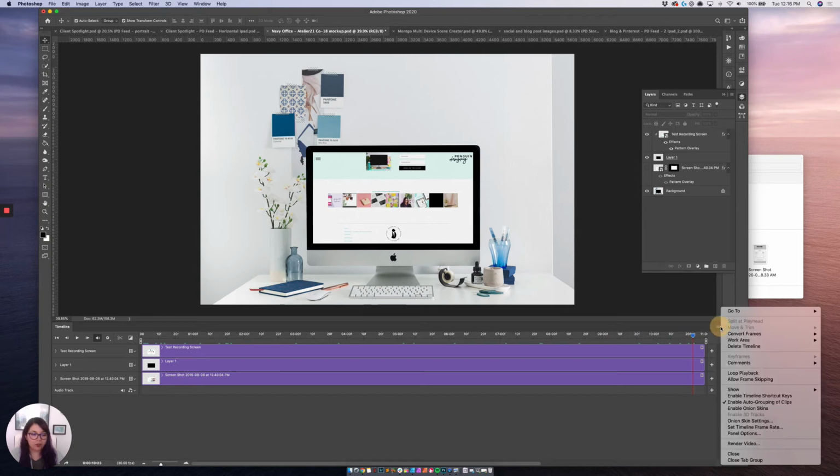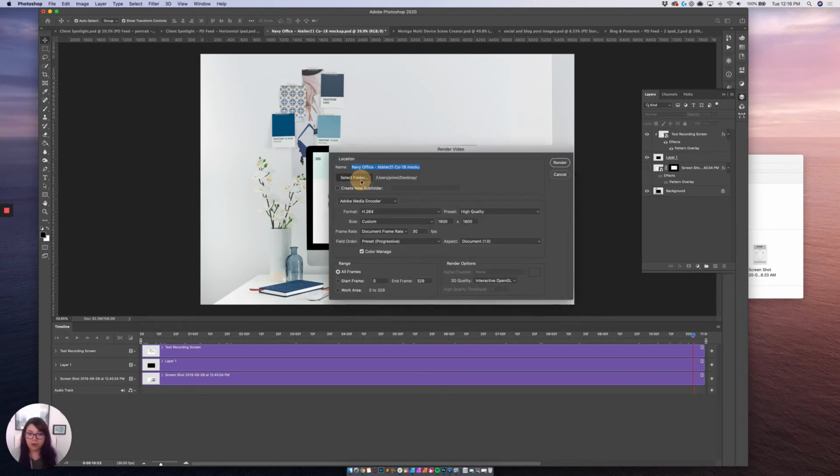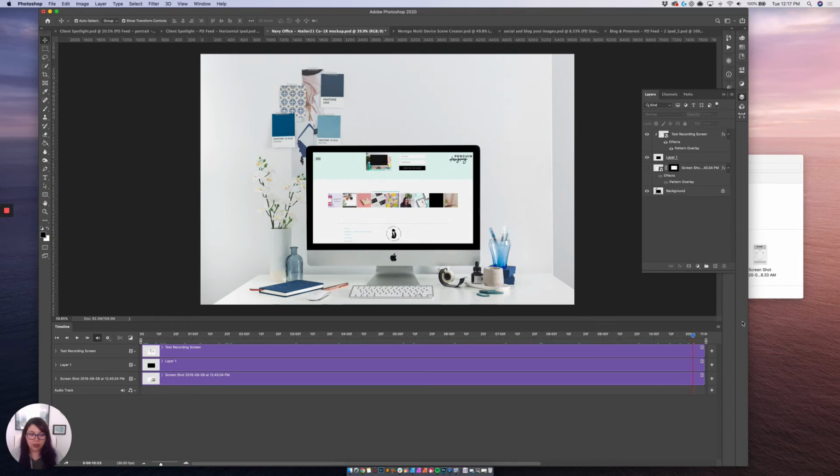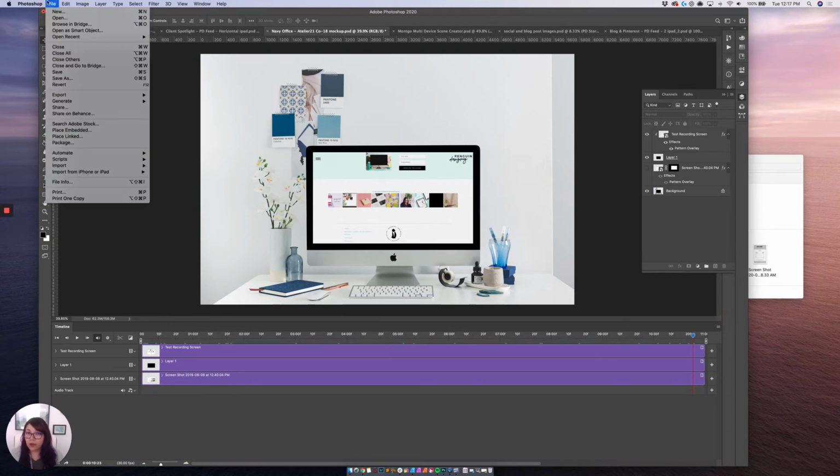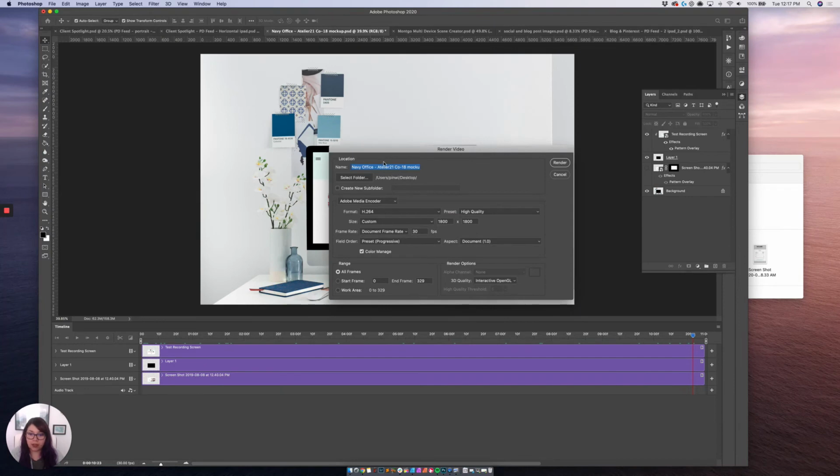And to export this, you just go into this little menu and select that, and hit Render Video. Save it wherever you want to save that. Click Render, and you'll have it. If you want to also do it from the File menu, you can go up here and then Export, Render Video, and you're going to get that same little notice. So test